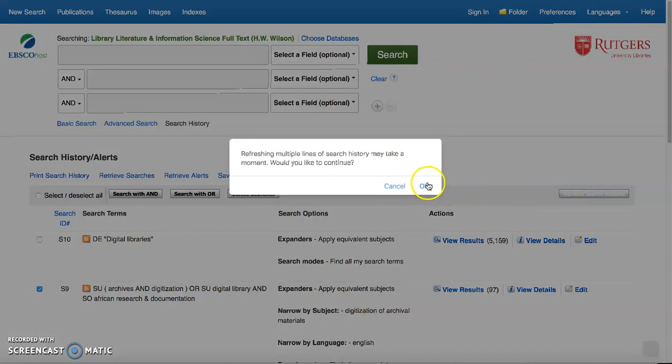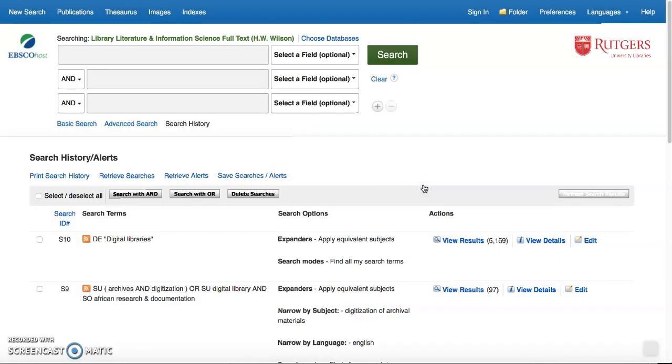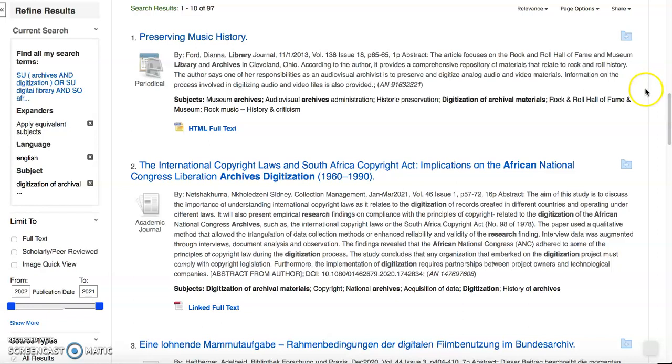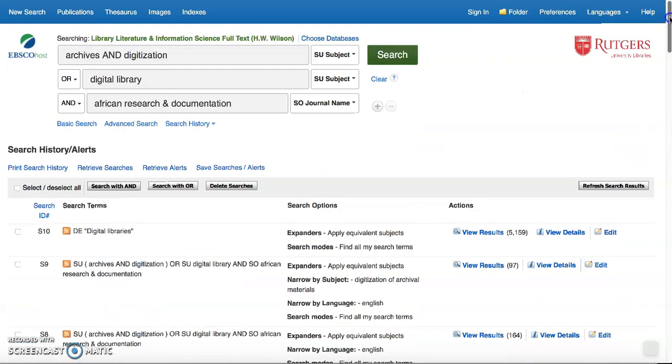Refresh the search. You can refresh the search results here. Of course, you view the results again. As you can see, you get quite a setting of results and HTML full text, among other items. See, there's quite a bit to discuss here with this database,